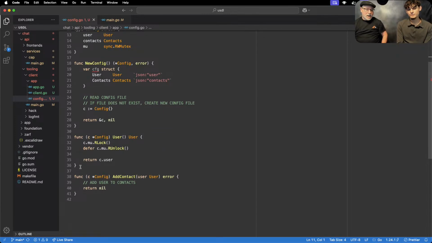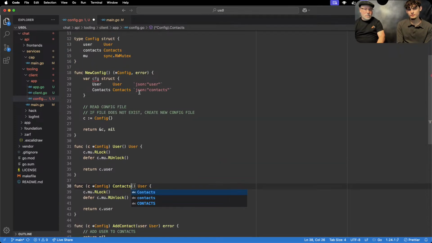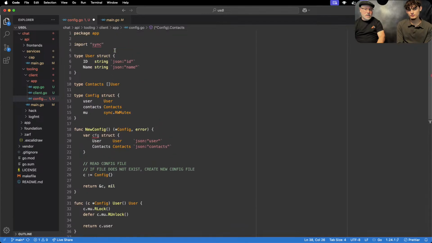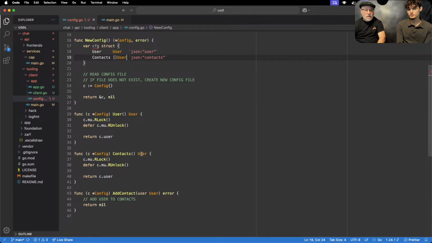If we need the contacts, again, now we're treating it like data. Now we're treating the fields like data, right? So if we need the contacts, that's no big deal. This will just be the contacts. But I'm wondering now if we even need that type. Like, is that type really adding any value? It's a slice of user at the end of the day. A collection of user. I don't know why we went in that direction to begin with, but